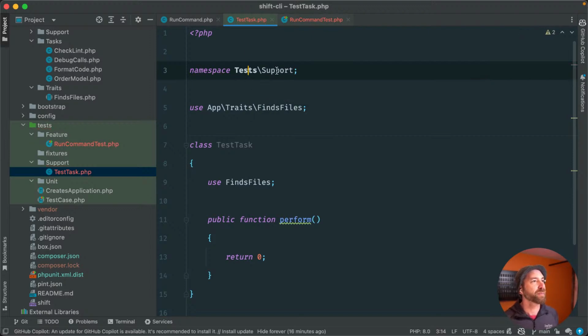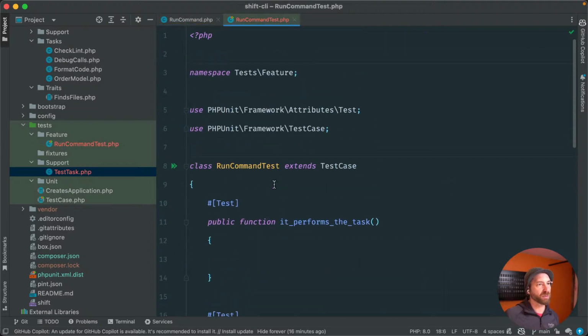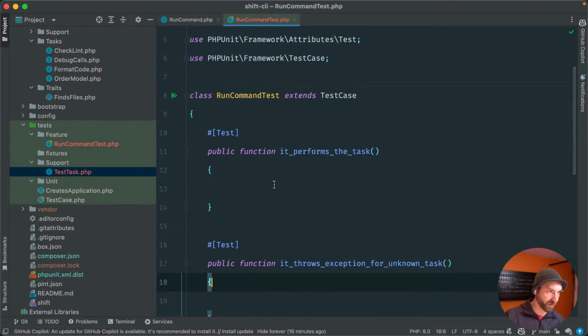All right. Okay, so we've got this under test support. We'll come back to fixtures because we're going to need fixtures when we actually perform the real tasks. So I'm going to leave that for now locally. But yeah, let's just put this under support. It's a supporting class for the tests. I think this is legitimate. Okay, and so the point here is if we go back to it performs the task,